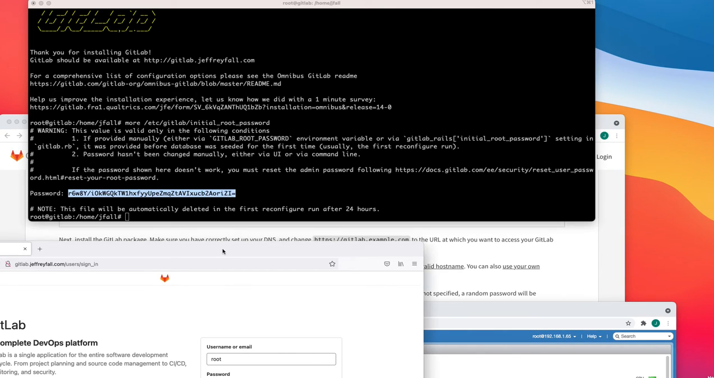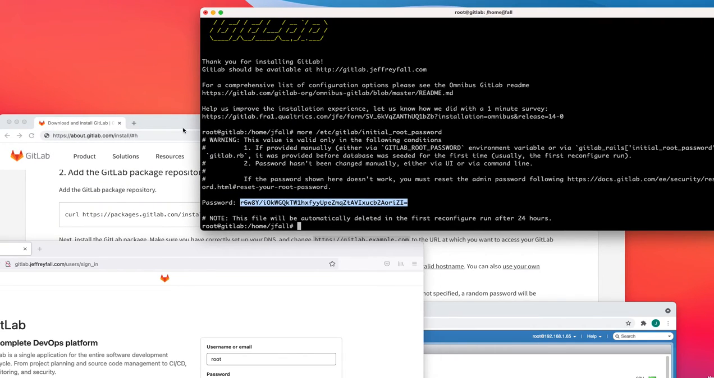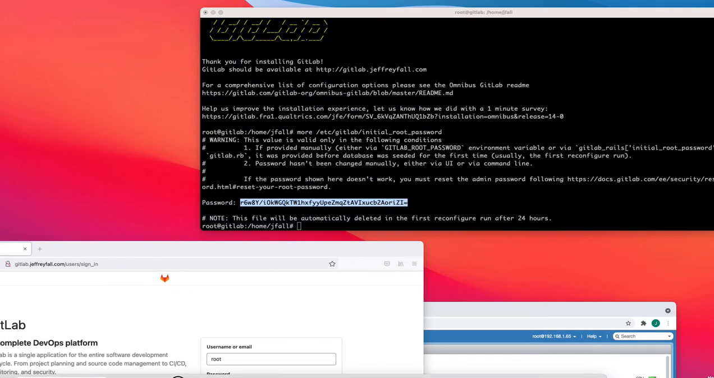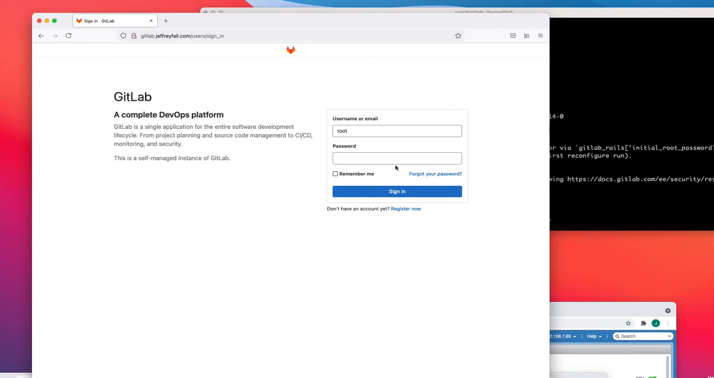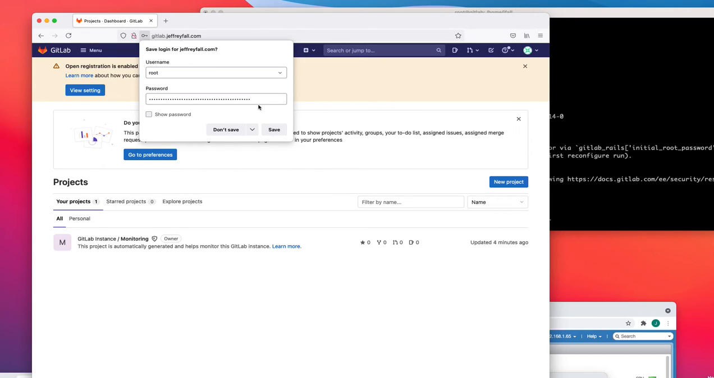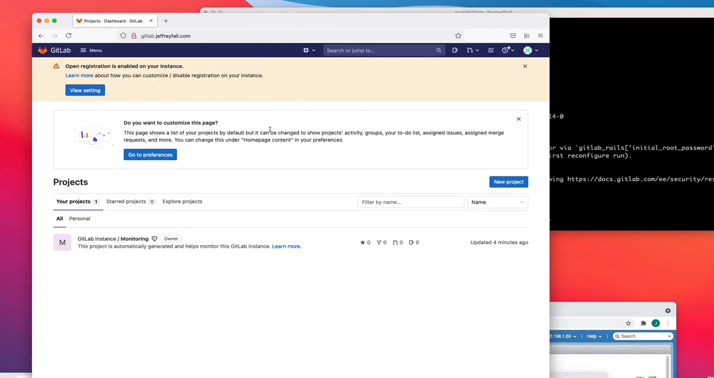So now we can paste it into here and log on as root to the Gitlab. Root and paste in the password. There it goes. So I guess I could save that. Why not? Okay, so now the first thing I want to do is make an account. I don't want to keep using root, so